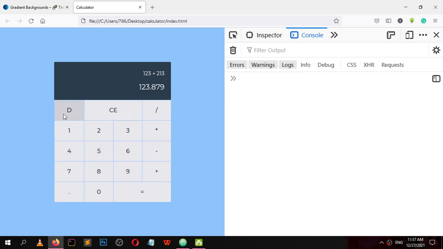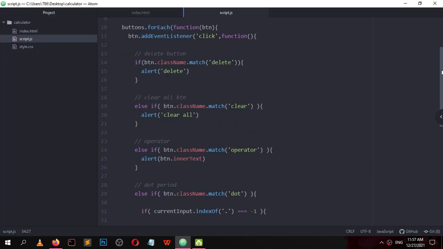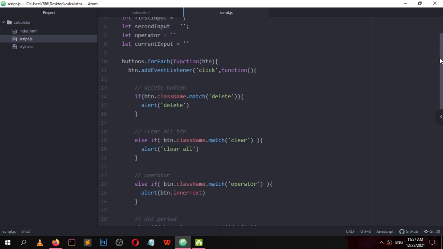Now let's do this clear button, the CE button. Let's start building this clear button. This clear button will hold the value of nothing. That means it will change everything to an empty string. It will set all our variables to an empty string. So go to clear button. Where is the clear all button?